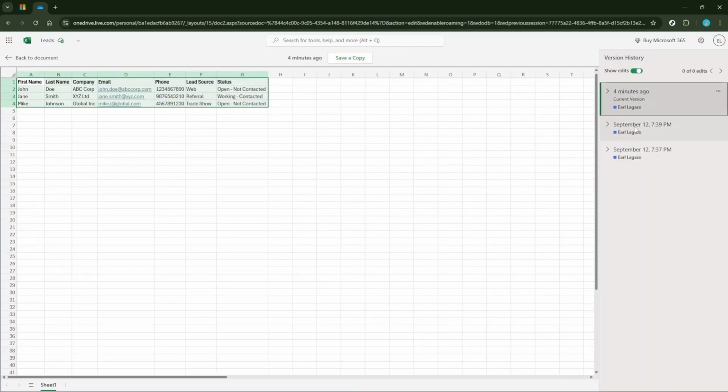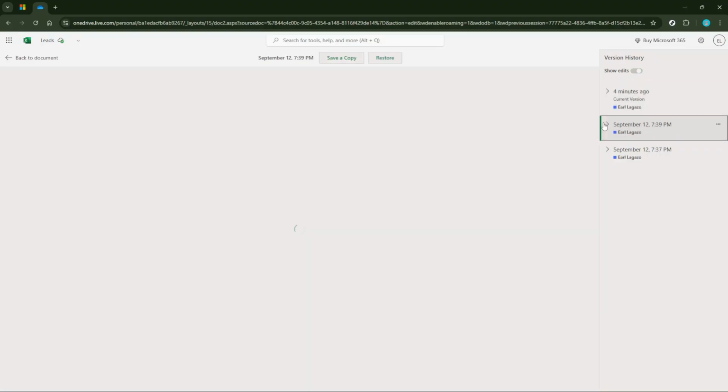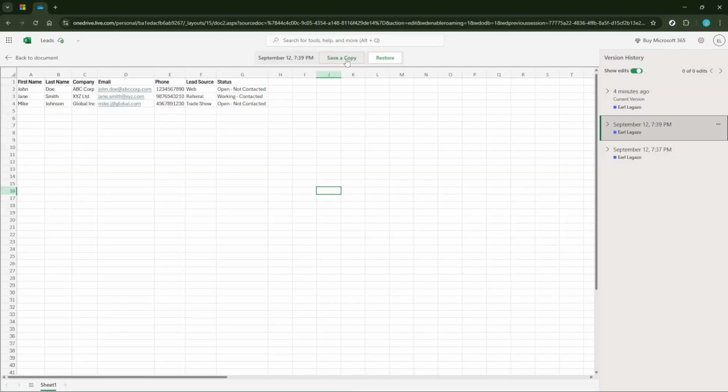If you're ready to proceed, you can now move to the next step, which involves saving this version as a separate file. Look for the option on your screen labeled Save a Copy. Clicking this will allow you to save the recovered version without altering the current document. This step is important because it maintains your current work while also restoring the lost worksheet. Choose a location for saving this file so that it's easy for you to find and access in the future. Naming the file something descriptive could also aid in distinguishing it from the other files you may have.